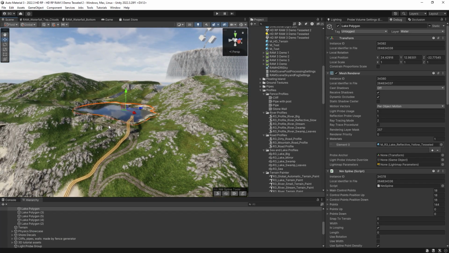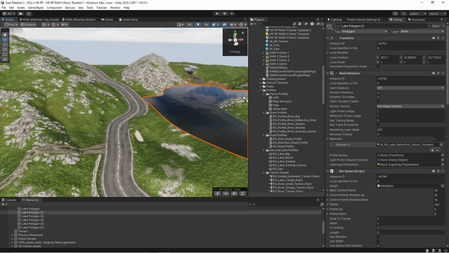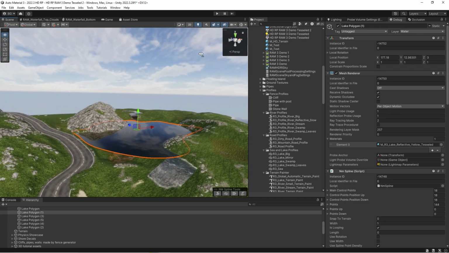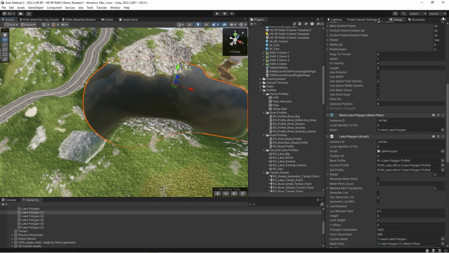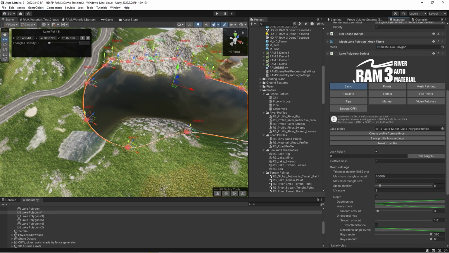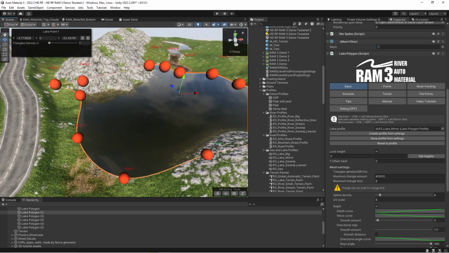Okay, now let's play with terrain painting. Let's borrow a lake to another place. Let's make it a bit smaller. Okay. So